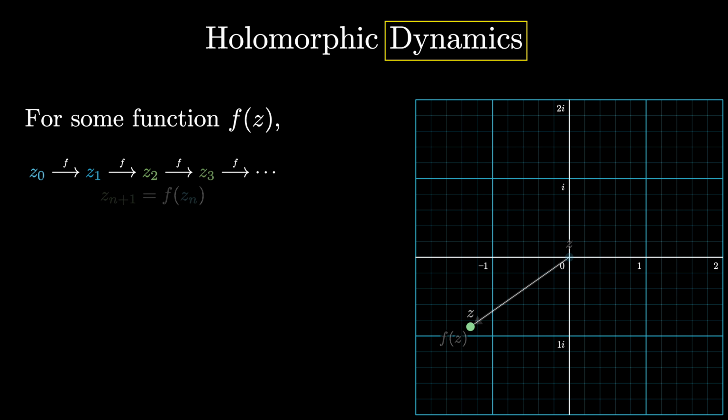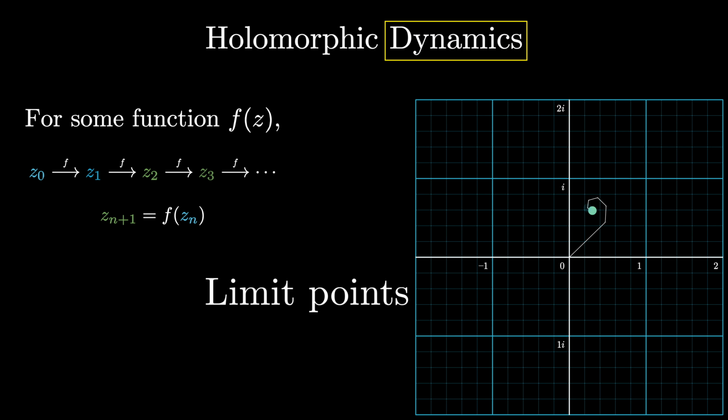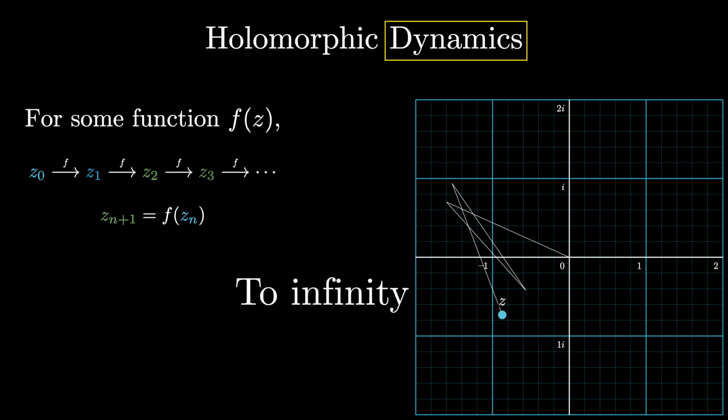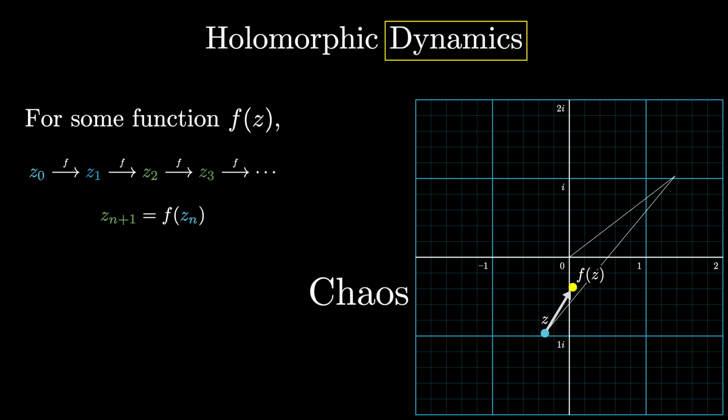The relevant dynamics in the title here comes from asking what happens when you repeatedly apply one of these functions over and over, in the sense of evaluating on some input, then evaluating the same function on whatever you just got out, and then doing that again, and again, and again. Sometimes the pattern of points emerging from this gets trapped in a cycle. Other times, the sequence will just approach some kind of limiting point. Or maybe the sequence gets bigger and bigger and it flies off to infinity, which mathematicians also kind of think of as approaching a limit point, just the point at infinity. And other times still, they have no pattern at all, and they behave chaotically.